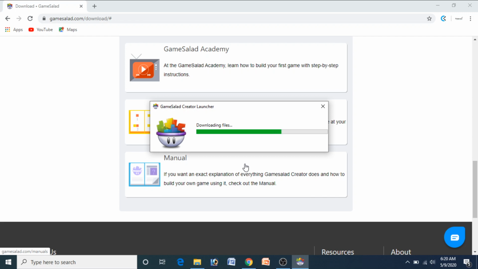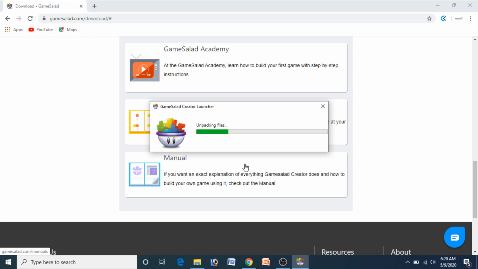GameSalad Creator helps you design a game like Flappy Bird, bouncing balls, or alien attack. You have something called spawn characters here, and you have some theme to define. For example, you have to design a program so that when I hit this object to that part, it should go back to that surface. That has to be designed. The most important part of GameSalad is the algorithm which works in it.